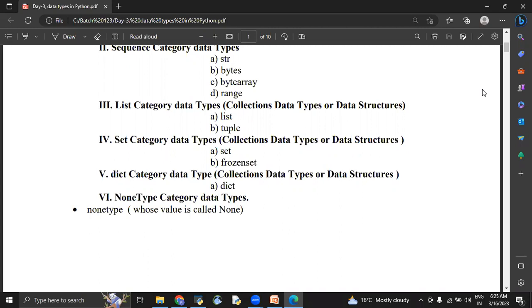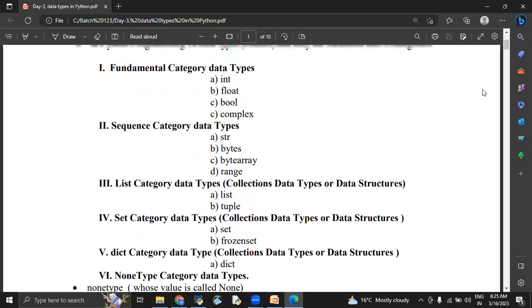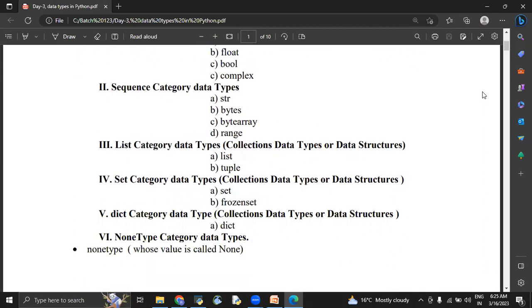Okay, so let's start with the fundamental category data types. In the fundamental category data types, we have four types of data types. Those are int, float, bool, and complex. Now, what do we understand by